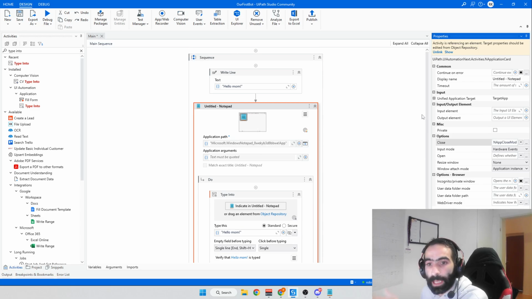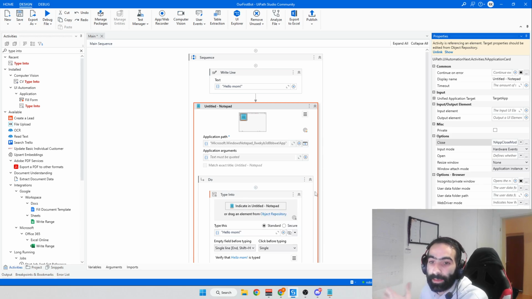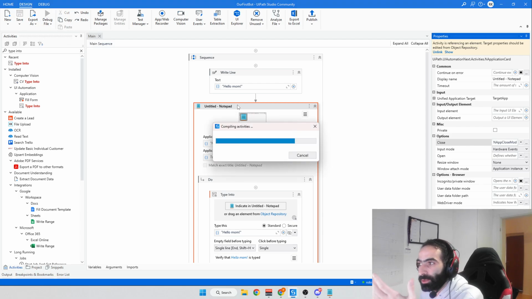So one more time, I have created a robot. This robot is starting out with a sequence. The first thing it does, it will write hello mom in the output, and then it will open up notepad. After it opens up notepad, it will actually write a string into the text document or to the notepad. And in order to actually play this or try this out, I didn't tell you guys that before, but what you do is you just press play up here on the top left side. So we press play, and it's going to do this thing,